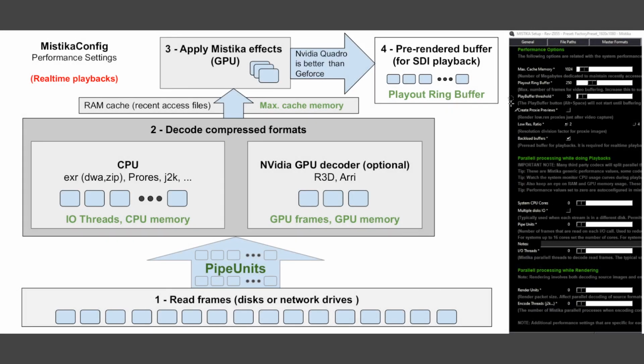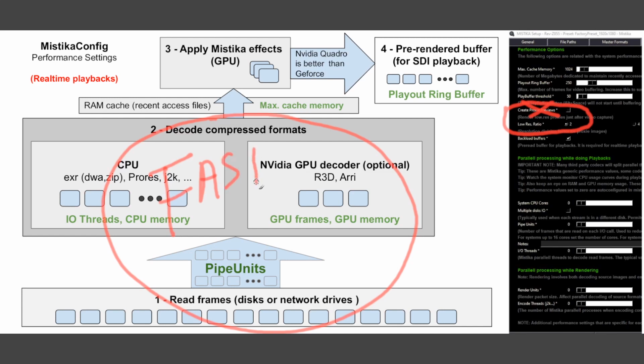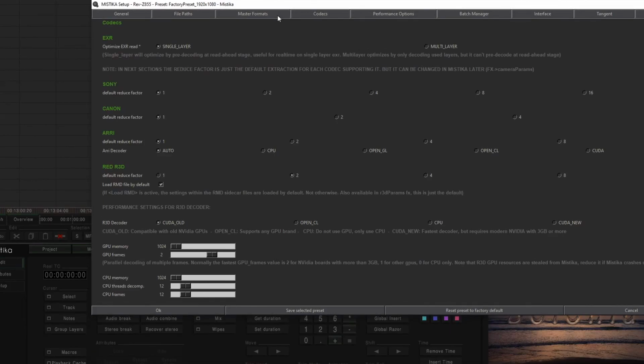Next part is about proxies. But forget about the proxies that you know from traditional applications like rendering half resolution versions. This is not normally the case. In Mistika, typically you are going to read the full resolution images and create a proxy on the fly when it's needed. This is because in most cases reading images and decoding is fast. Only in the particular case of R3D, RED files, Sony, complicated codecs, it's worth it to reduce the resolution, but we can do it directly from the raw format,